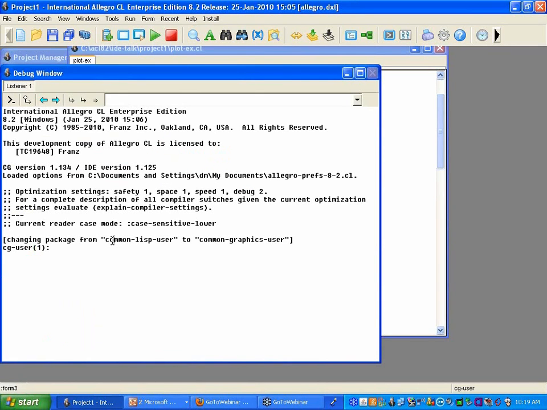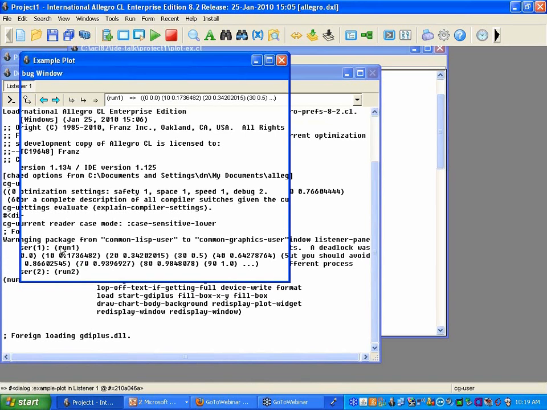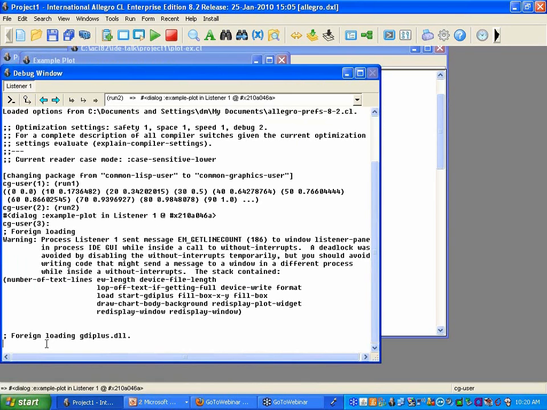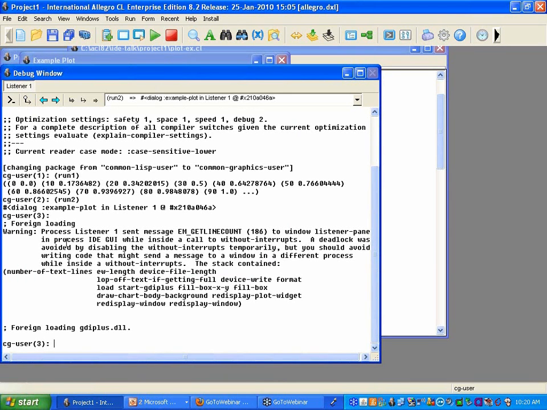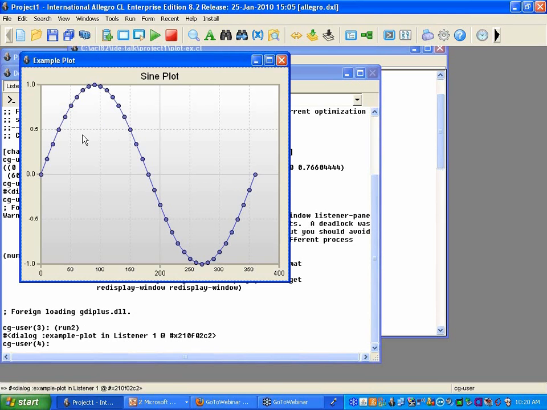So this is the function run-to. Let's see. I think I have to get the cursor in the right place. There we go. Run 1 simply creates the list of values, and there we are, 0, 0, 10, 0.173, etc. And run 2 creates our dialog. I never quite understand why you get that rather annoying warning, which doesn't seem to be related to what we're doing. But let me just do that again. Yes, there we go. So here is our plot,